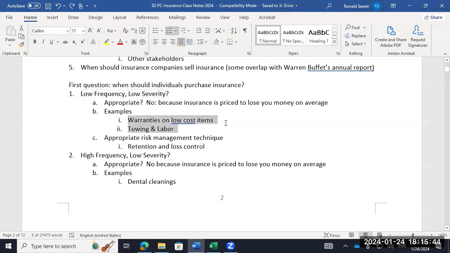Warranties is a good example. Now, I don't know how many of y'all have the warranty on your phone, smartphone. I don't believe in it, but if you have it, you can debate that. I know people who absolutely love it and they live by it. I don't know if they ever stop to think premium versus what they're getting back. Maybe they lose their phone so often. But I don't buy that stuff because I can't do the math while I'm sitting there talking to the person.